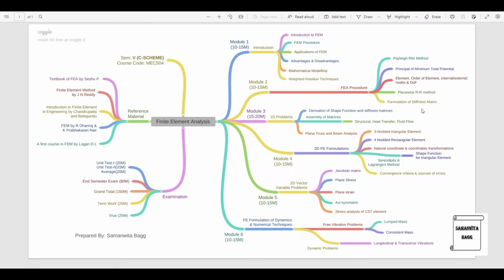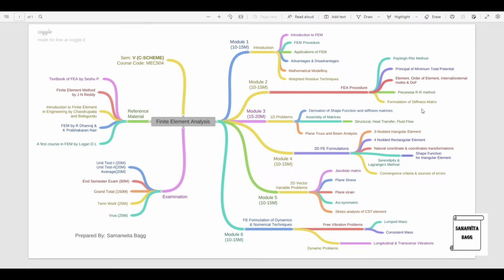Next comes the topic of formulation of the stiffness matrix. Now this is going to explain how a particular stiffness matrix is formed, and what the steps in it are. This can come as a derivation for 10 marks for a particular differential equation. If it is asked, say, for the change in length of a bar which is fixed at one end with a load applied on the other end, you need to form a stiffness matrix for it from the differential equation. So you can do that.